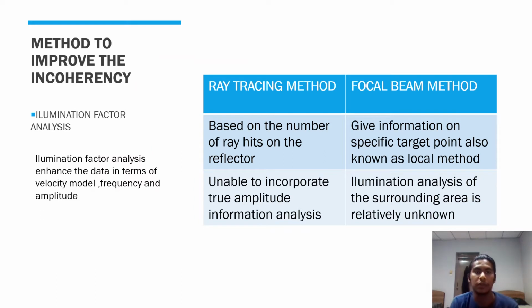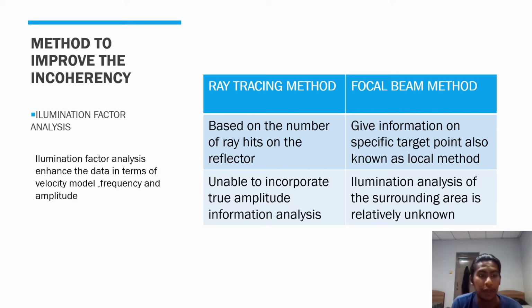So another method to improve the accuracy is illumination factor analysis. Illumination factor analysis enhances the data in terms of velocity model, frequency and amplitude. It involves two methods, the ray tracing method and the focal beam method. The ray tracing method is based on the number of ray hits on the reflector, and it is also unable to incorporate true amplitude information analysis. So for the focal beam method,